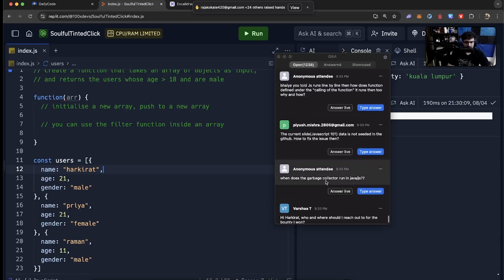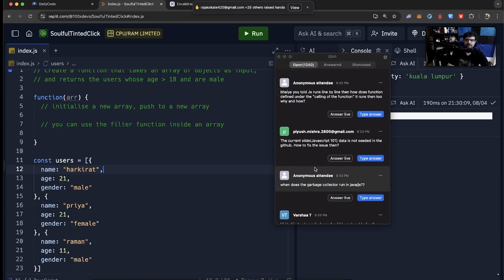When does garbage collector run in JavaScript? So in JavaScript, there's this whole thing, I read through this when I was going through Rust. How does garbage collection actually work? And in the Bangalore quiz, we had some algorithm. What is it called? Sweeping something algorithm that is used for garbage collection in Java. So from what I understood, it maintains a tree, and as functions execute and variables become unused, for example, any variable you define here, as soon as this function exits, that variable is no longer needed.